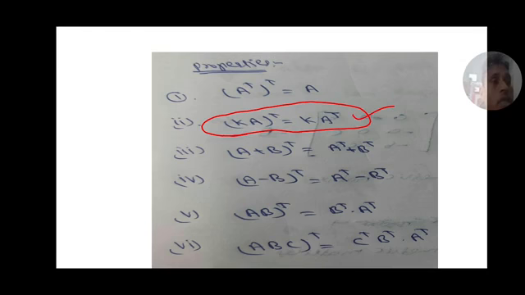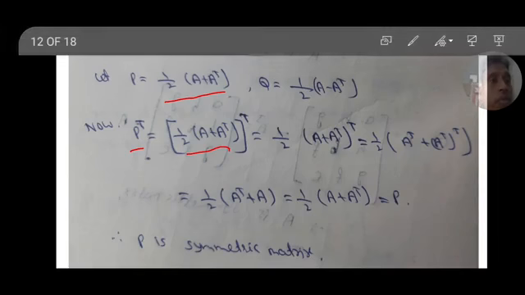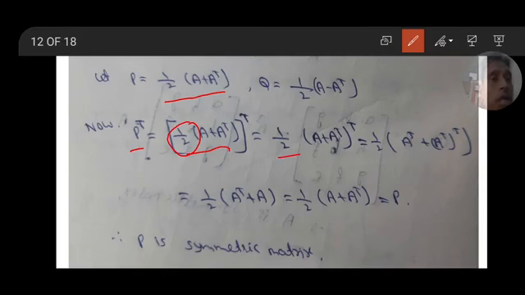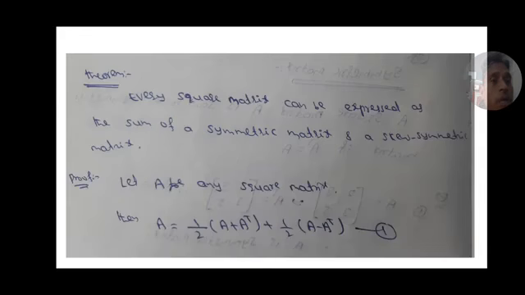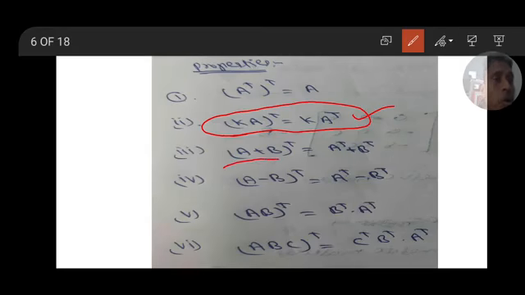In the same way, here 1 by 2 is the coefficient, it comes outside, and K into (A plus A transpose) is the matrix. So (A plus A transpose) whole transpose. Next, here also there is a sum of two transposes. The formula: A plus B whole transpose equal to A transpose plus B transpose. Next we will use A transpose minus B transpose. It is (A minus B) whole transpose equal to A transpose minus B transpose. Here, in the place of B, there is A transpose.